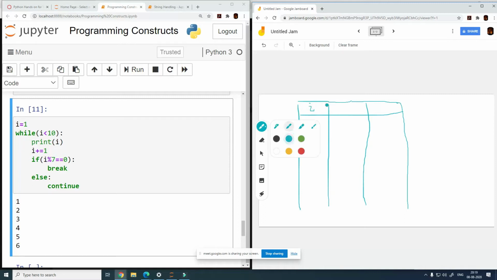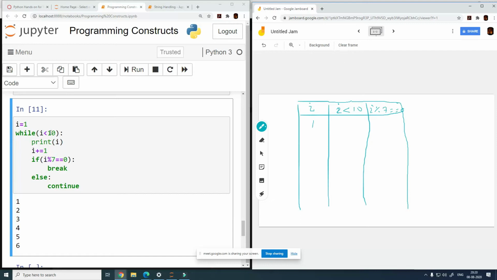Then I have I less than 10, and I have I % 7 is equal to 0, these statements to evaluate, right? So first things first, my I is equal to 1 is going to get executed. So what will happen when that executes? My I is going to have a value of 1.